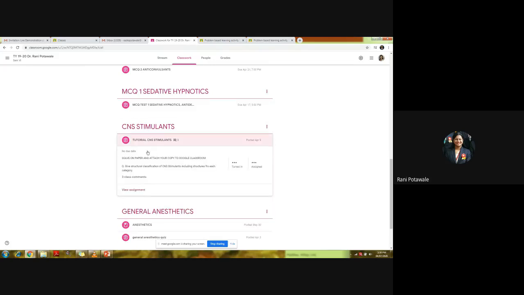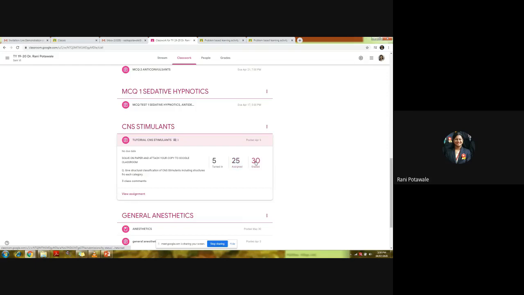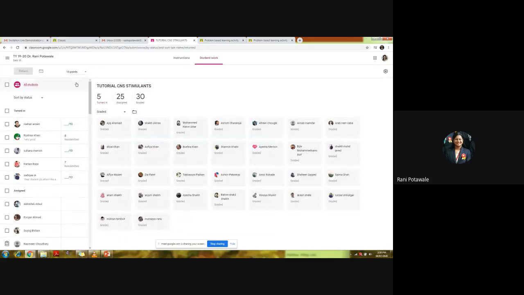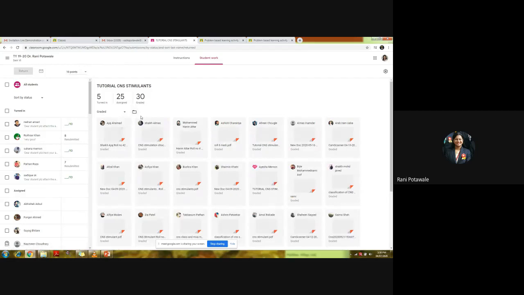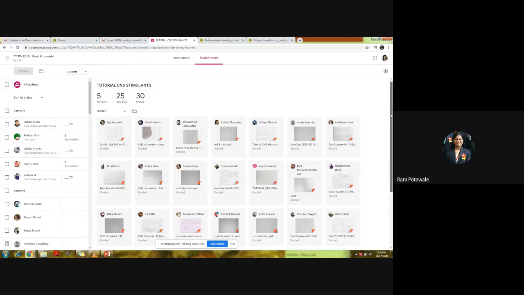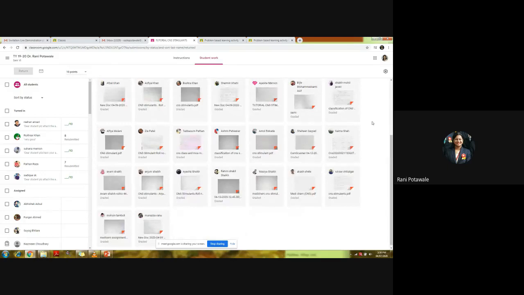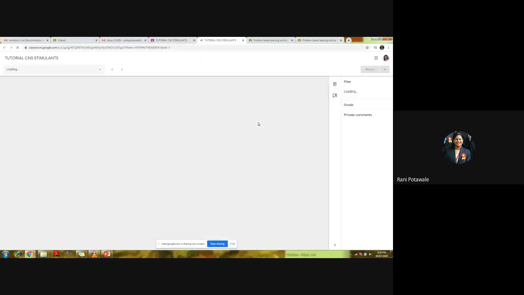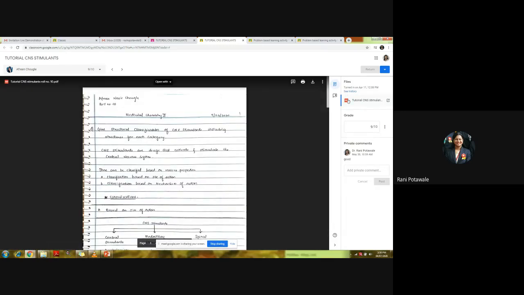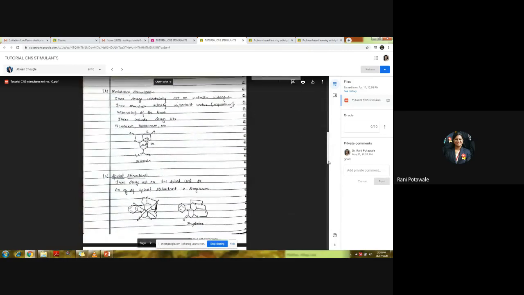Now this is one assignment which is given to the students, which is a handwritten assignment. Here students write their assignment on paper, and on the right hand side we can see the assignment which was uploaded here. We can open that assignment uploaded by the student in a new window, and on the left hand side we can see the nature of the attachment. Students can attach their assignments in the form of PDF, or image form, or in a PPT presentation form.